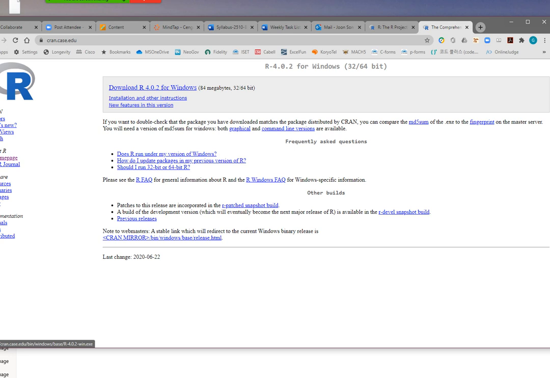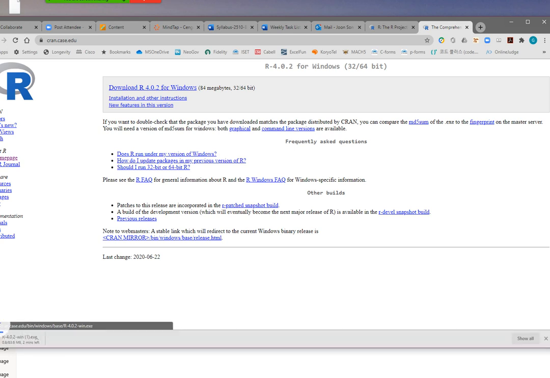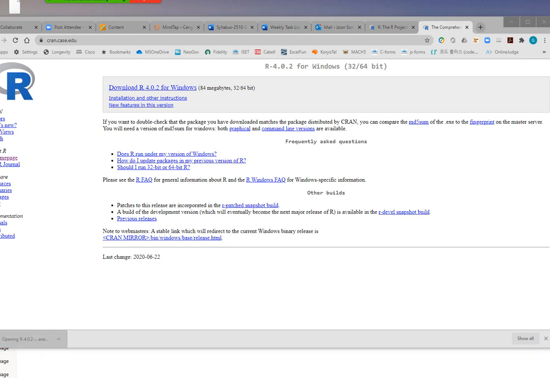I think version 3 point something still works, but let's say download 4.0.2. So when you click this, it's a huge file. So when you click this for the installation,